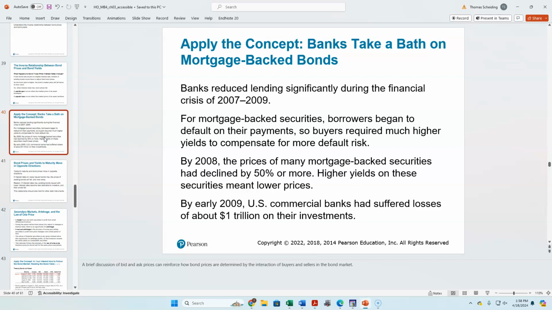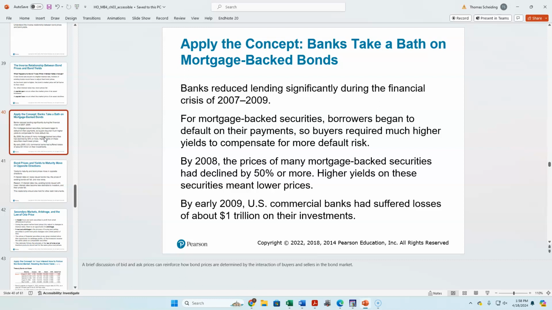Well, essentially, interest rates starting in 2005 started to go up. Ben Bernanke, as I indicated in the previous lecture, at the time the Federal Reserve Chairman, was concerned about a housing bubble existing. So he started to raise interest rates,